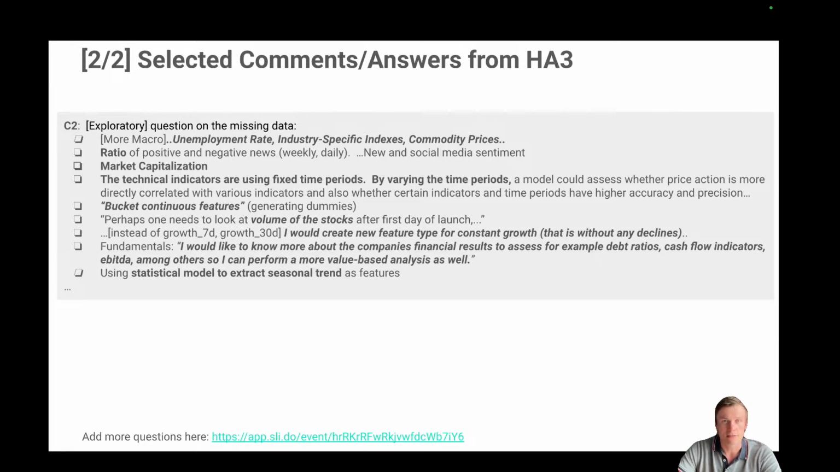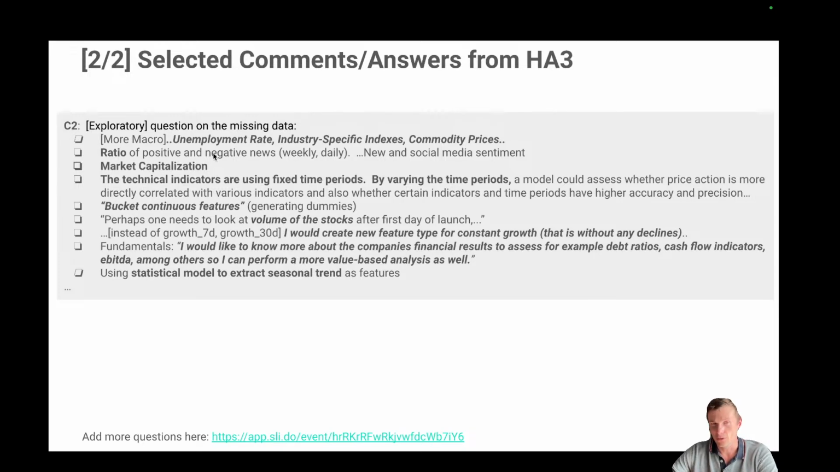Some of your answers to the missing data question. I think that you need to think about missing data and about important predictors all the time, and you need to design the system in such a way that you can easily add 1 or 10 new features and recalculate everything in 1 hour. So what you said, that we can include unemployment rate, industry-specific indexes, commodity prices, ratio of